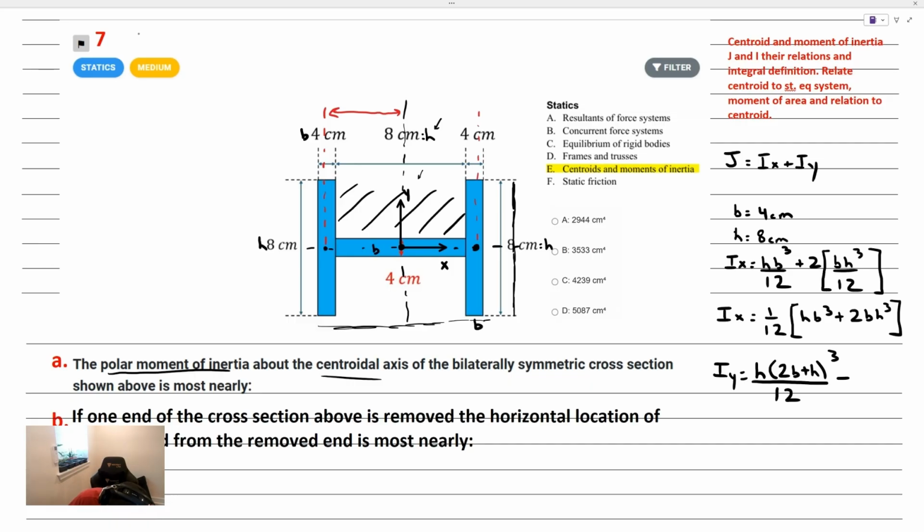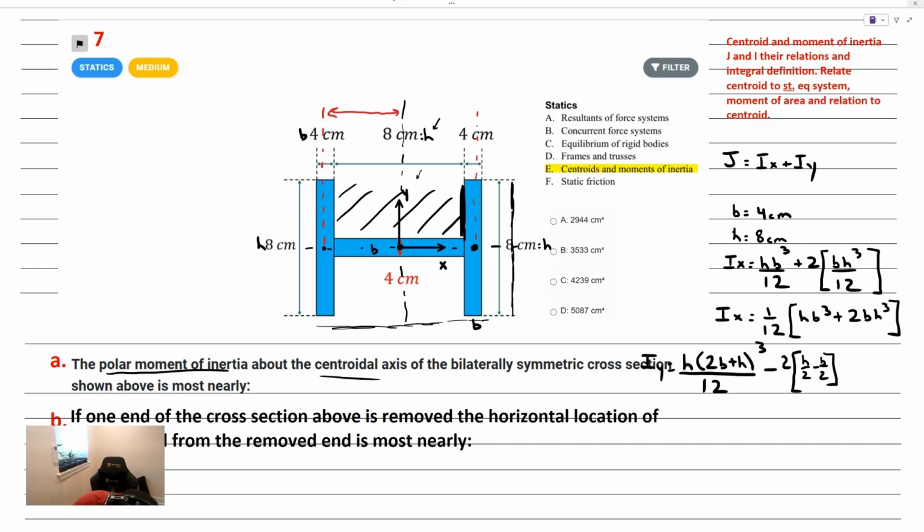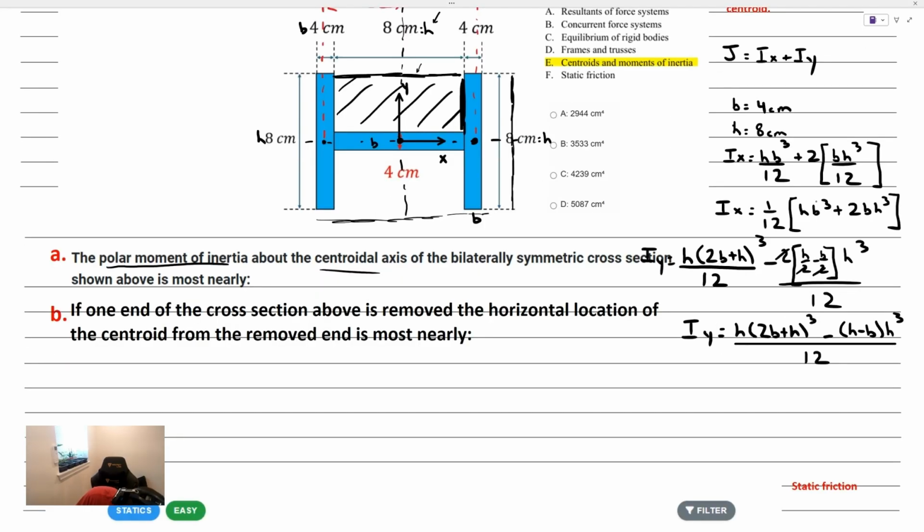So the Iy for that shape is going to be 2 times the base here, which is going to be h over 2 minus b over 2, multiplied by this height term, which is just that height h cubed over 12. If we simplify this a little bit, Iy is equal to, so j is going to be the sum